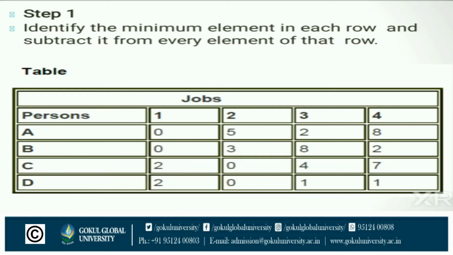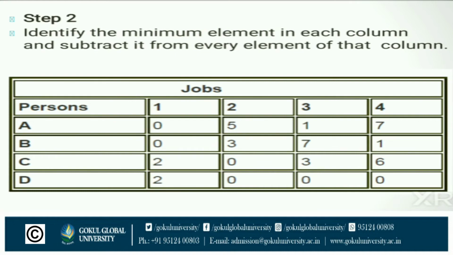Now the first row, second row, third row and fourth row have a zero, but looking at the columns, the first column has two zeros and the second column has two zeros, but the third and fourth columns have no zero. Then we go to the next step.